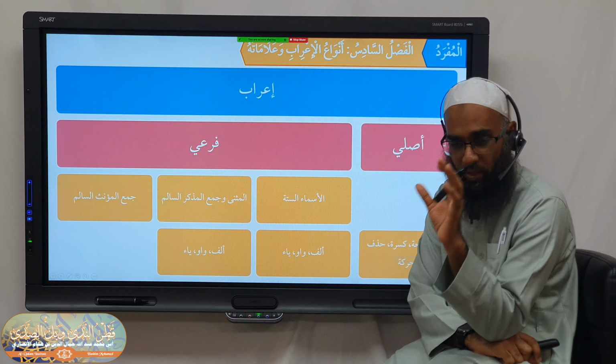So again, what we're saying here is that there are three words which have a slightly different i'rab. What we would normally call simply the Jam'ul Mu'annas Salim. But he said Ulat is not Jam'. So Ulat technically doesn't fall under Jam'ul Salim. He doesn't call it Jam'ul Salim for a reason explained shortly. But he says anything made plural by adding an extra alif and a ta at the end. And similarly, if there's a singular word, but it's a name of something and it has alif and ta at the end, this also has the same rule. Understood? Does everybody understand this?